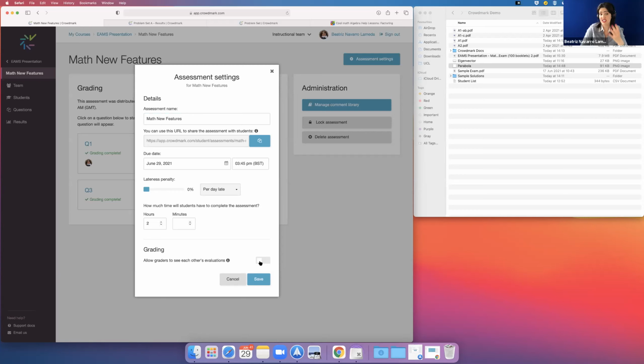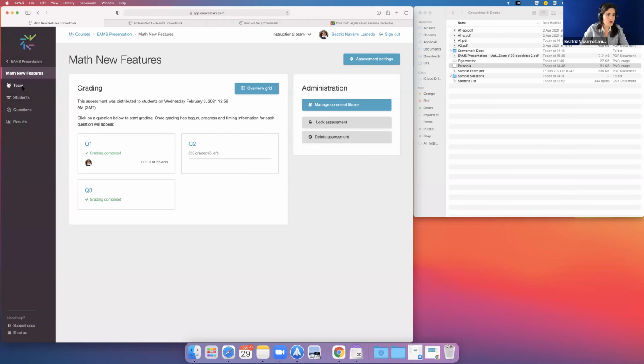And this is good, for example, for double-blind marking, because you could have two people marking two copies of the same answer, but they cannot see what the other did. They can only see that another person marked it, but they cannot see the marks they gave or the comments. So some people use it for double-blind marking. And then the instructor or the facilitator can then come and decide which one is going to be the main one or to clone them.